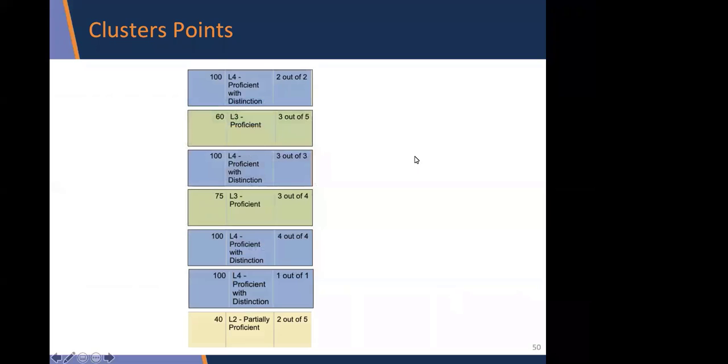And here are some more examples. Here's a student that got 2 out of 2 for 100%, so they're in the high level, level 4. And here's a student who answered 2 correctly, but out of 5, so they are a level 2. Here's a 1 out of 1. They only answered 1 correctly and so they're 100%. And it really has to do with